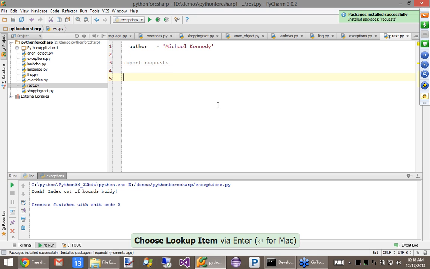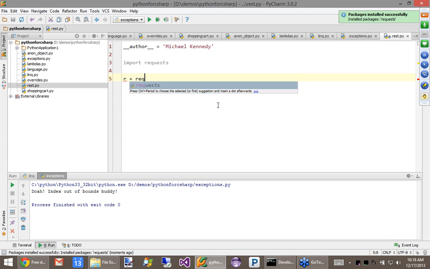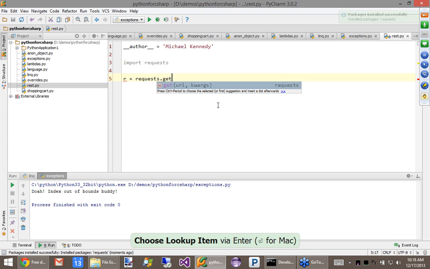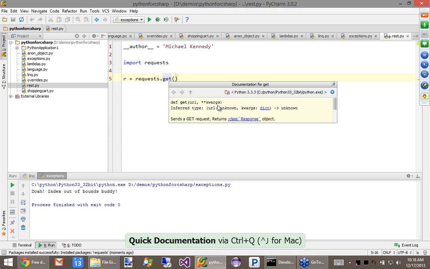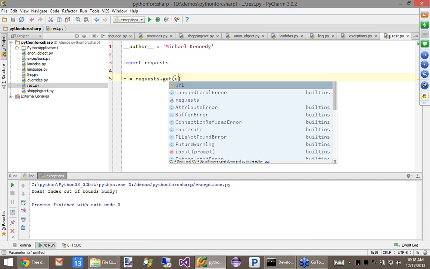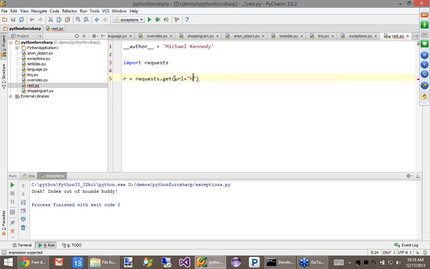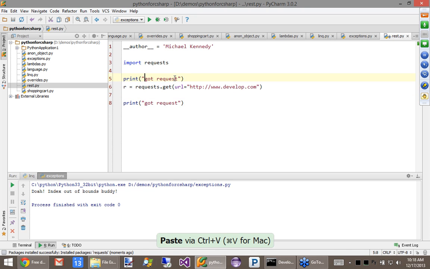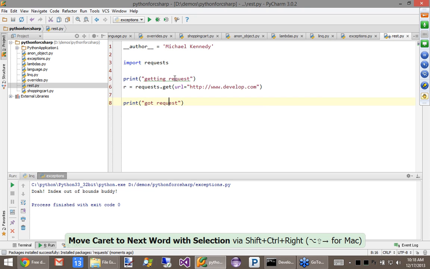Then I would just say r equals requests.get. And if you don't know what the arguments are, you can hit Control Q in Python and it shows you the arguments. So I believe it's url equals http://www.develop.com. And then we can say print beginning request.